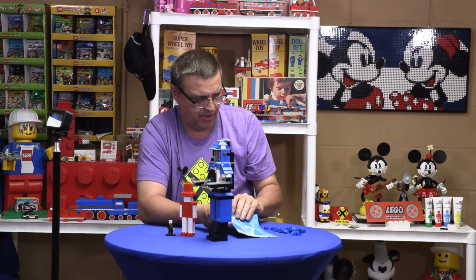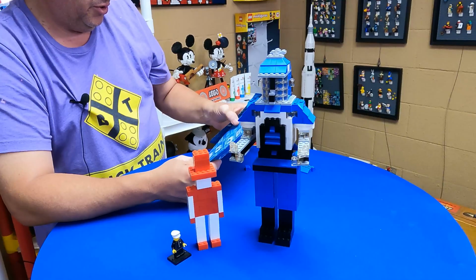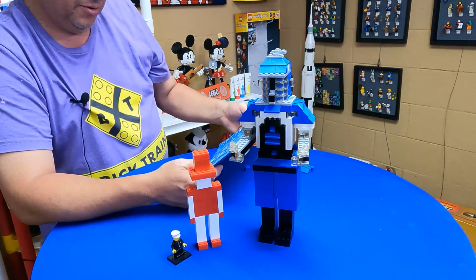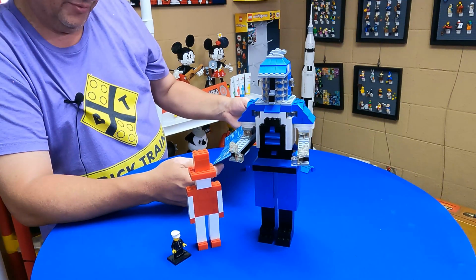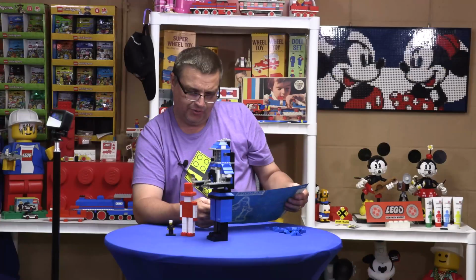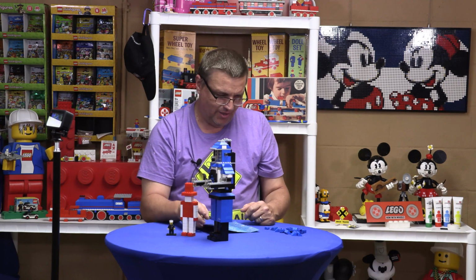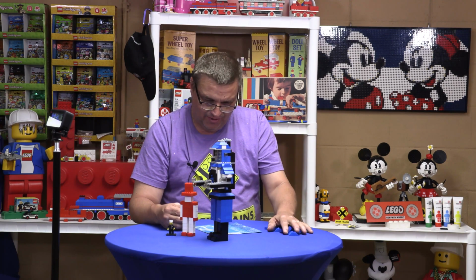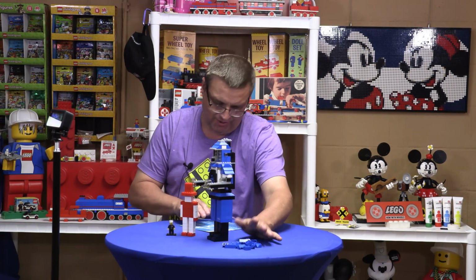Oh, you know what? I didn't build the ray generator. Is there instructions for the ray generator? "To complete model, see where to fix the arms, then build a cosmic ray generator like the one in the picture from bricks left over. All systems go, stand by for blast off." So I didn't build it. This is our cosmic ray generator,